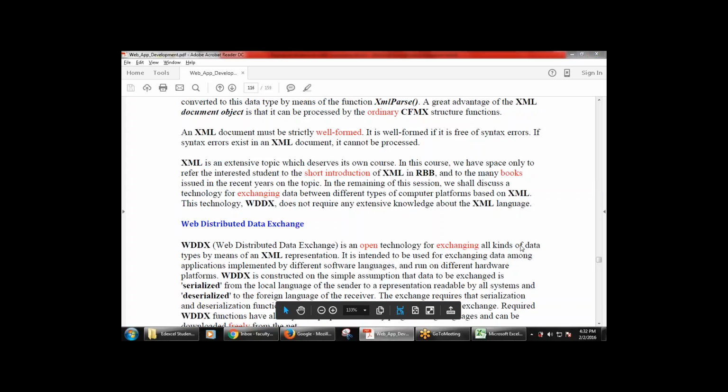WDDX, the Web Distributed Data Exchange, is an open technology for exchanging data. Whatever data we are exchanging is done by means of XML, or by means of the Web Distributed Data Exchange, and it is intended to be used for exchanging data among applications implemented in different software languages. So whatever the language, C, C++, that is used for developing the data that needs to be interchanged,